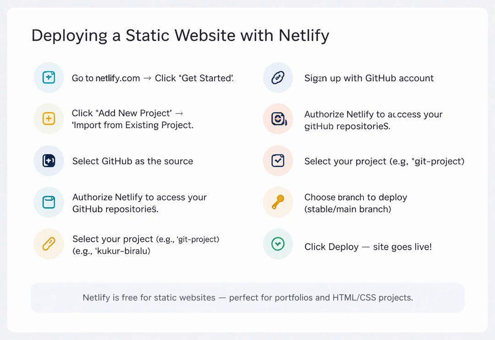Go to netlify.com and sign up using your GitHub account. Once you're in, click Add New Project and choose to import from an existing project. Select GitHub as your source, authorize Netlify to access your repositories, and then pick the specific project you want to deploy. Give your site a unique name. The name becomes part of your URL, something like